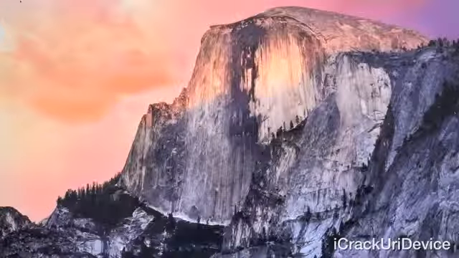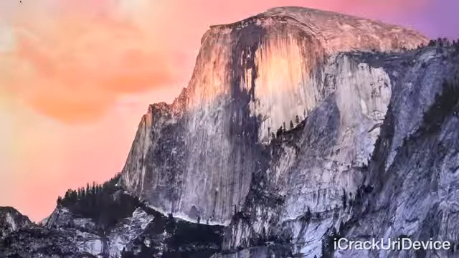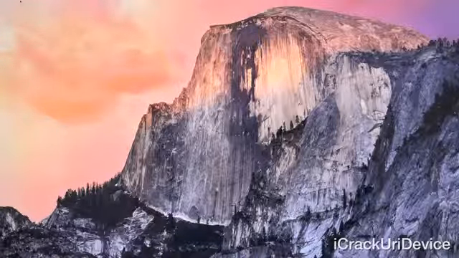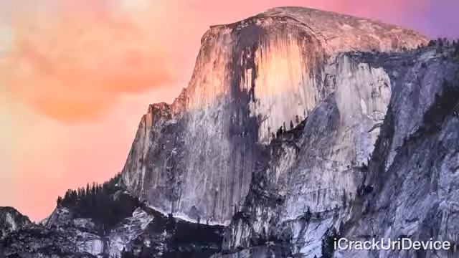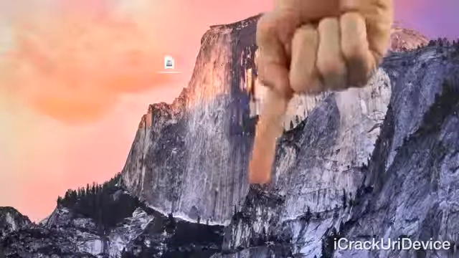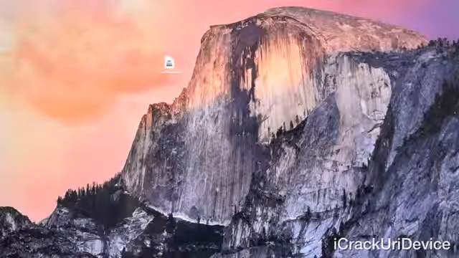Now you're going to need to have the latest version of iTunes installed on your computer, so if you haven't updated in a while, ensure that you launch the Mac App Store, check for updates, and confirm that iTunes is at its latest version. Then from there, you're going to need to download the PP Jailbreak utility, and I will have a post down below in the more info on Best Tech Info that contains a download link for PP